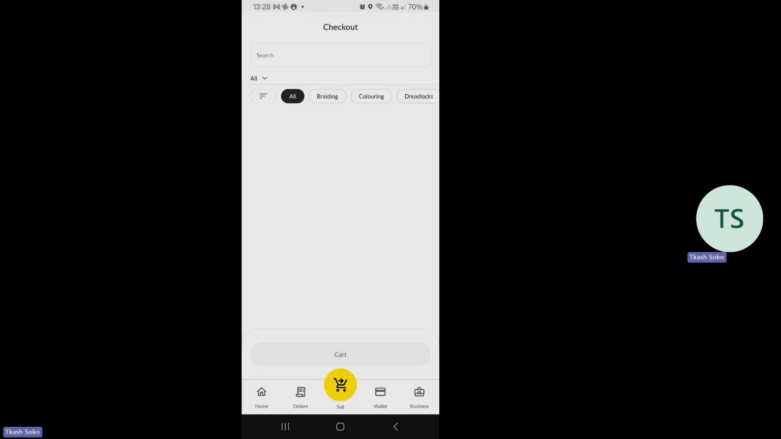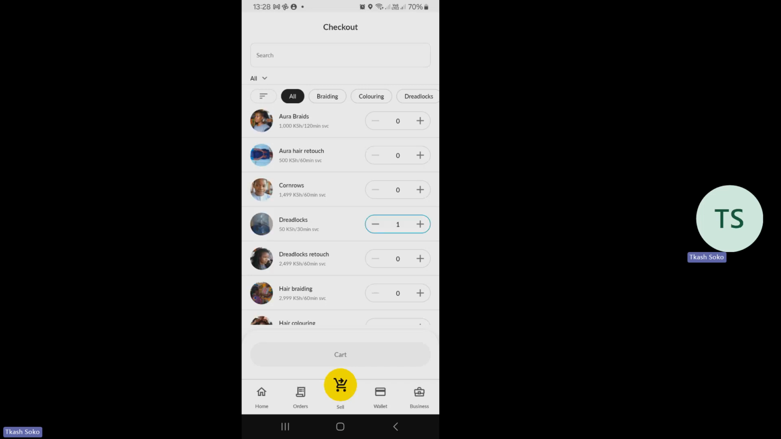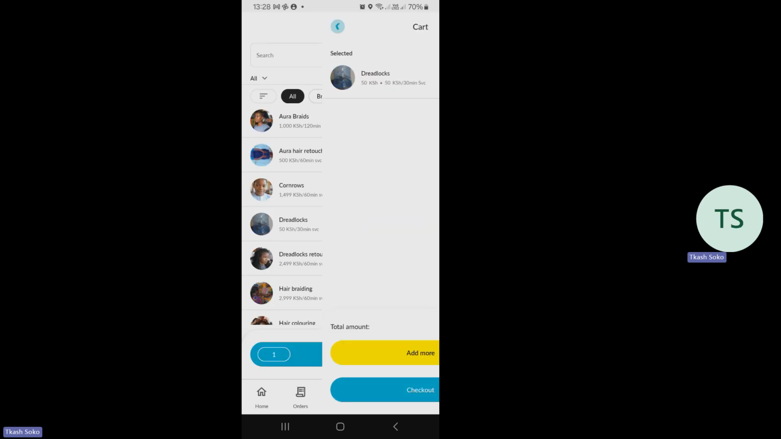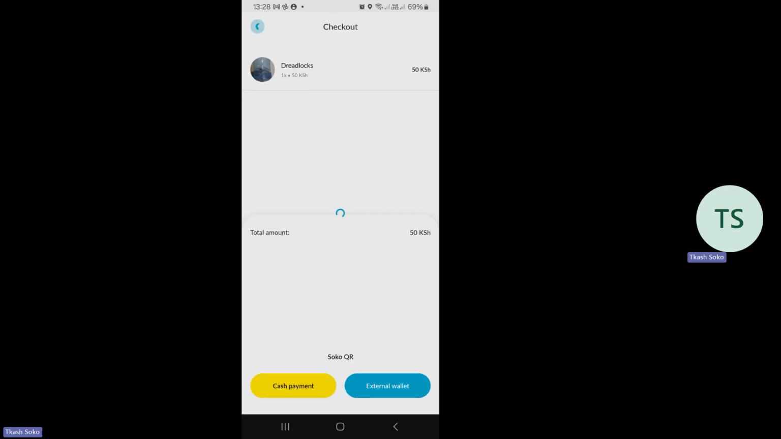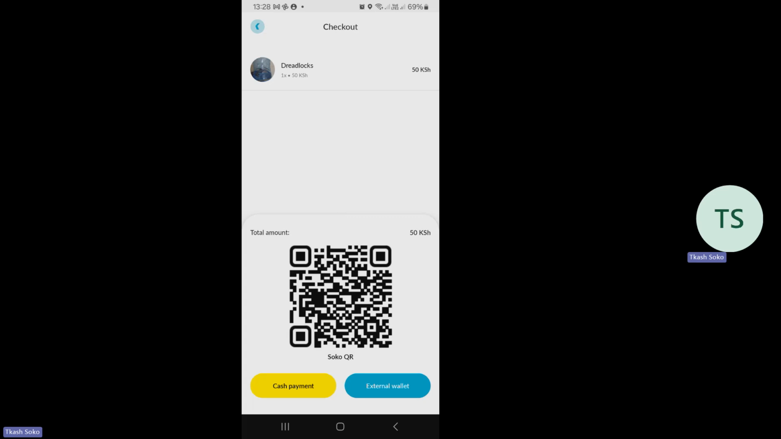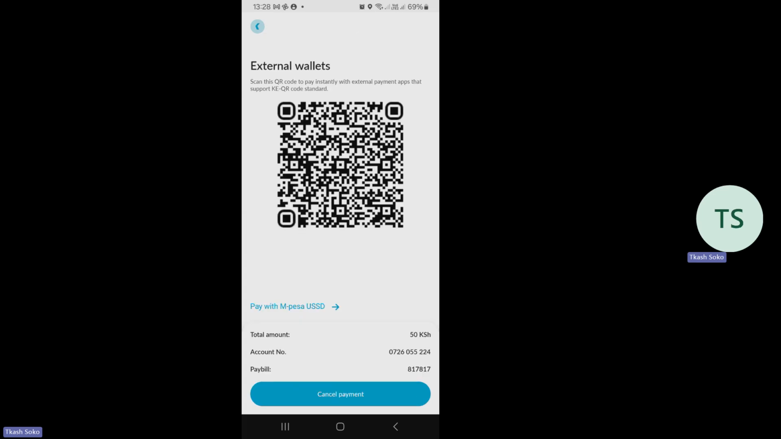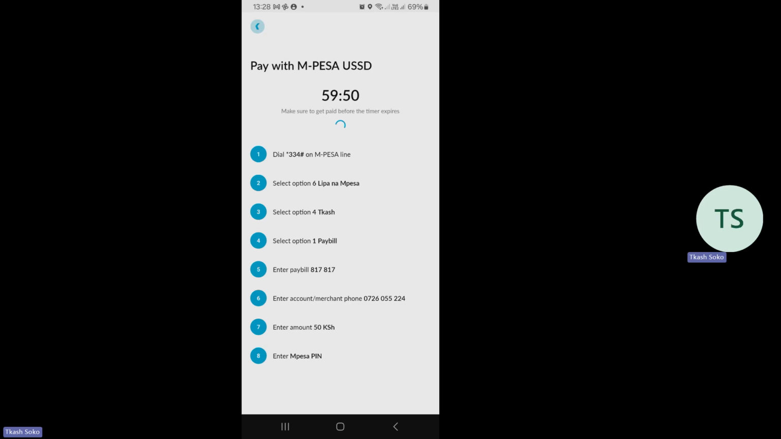So utakuja tu kwa catalog yako, then dreadlocks, you just pick one, then the cart, then of course checkout. Ukikuja kwa checkout, the option that we were trying to exploit is the external wallet. So when you go to the external wallet, then ukibonyeza hii pay with M-Pesa USSD, of course this is the procedure ambayo customer atafollow. Utamwambia dial star 334 hash on the M-Pesa line, select option 6 lipa na M-Pesa, select option 4